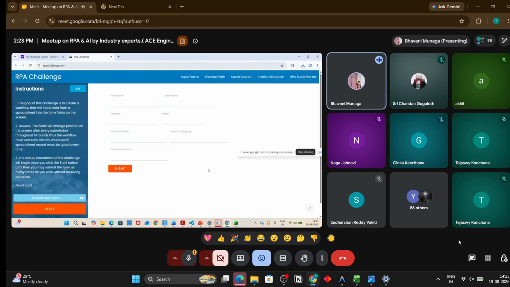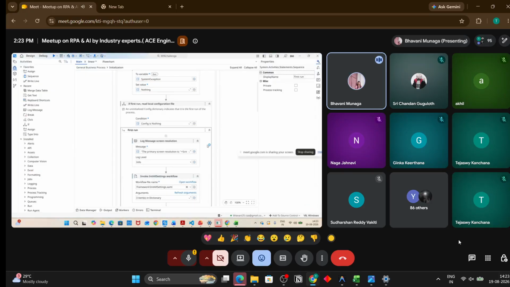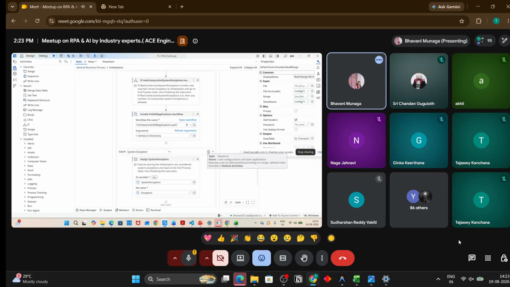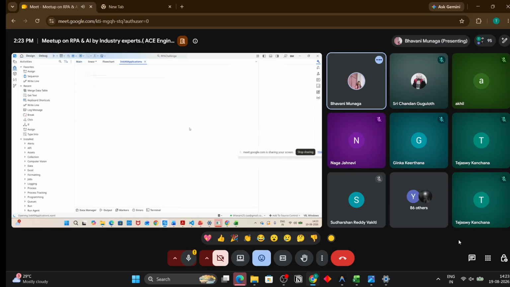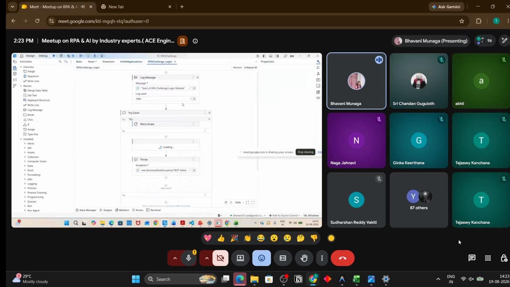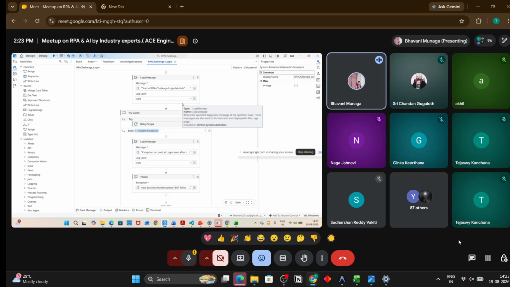So now we have to build this entire use case in RPA using the RE framework. As I said, in the initialization, we have to initialize the files and the applications. So here I have initialized the workbook. Instead of downloading it, I have already downloaded it and placed it. And if you see, this is an application. This is a login part. Generally the login part will be in the initialization phase. So this is the login part I have used.